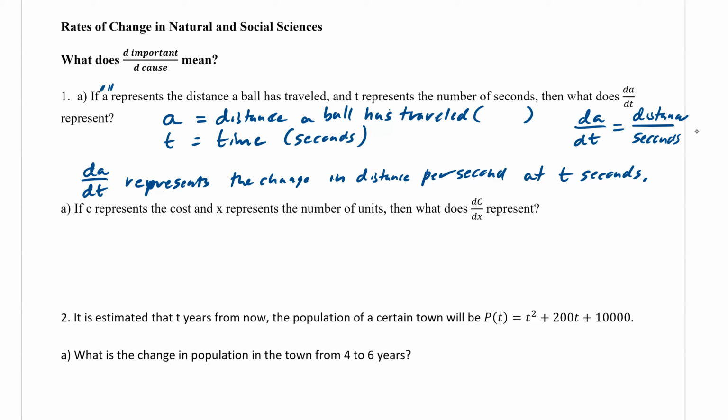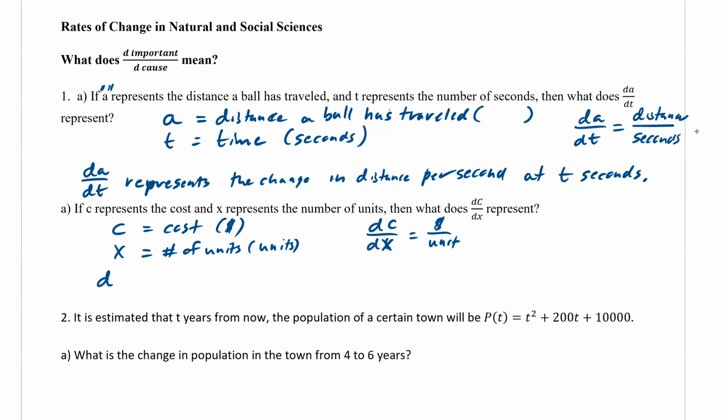All right, so let's try another one. C here represents our cost, and so that would be in dollars. That's what we're paying with. X represents the number of units, so its units would actually be units, because it's the things that we are making. That's our cost. And so dC/dx in units would be dollars per unit. So dC/dx represents